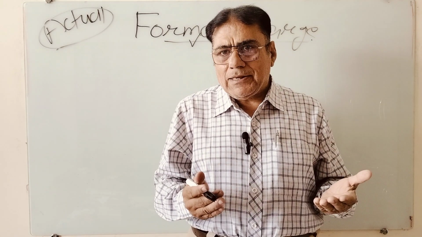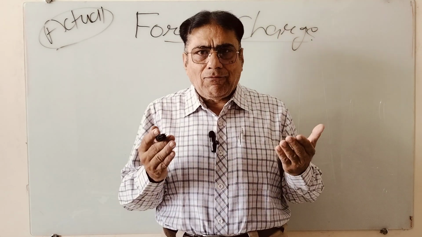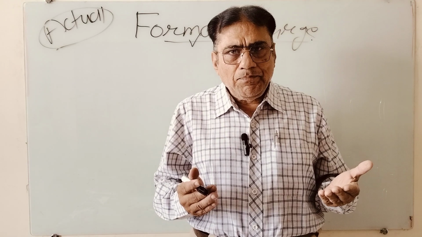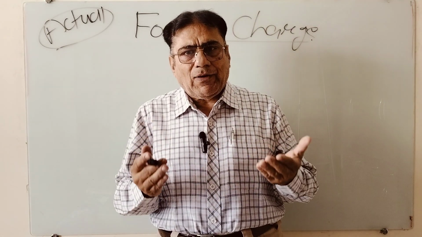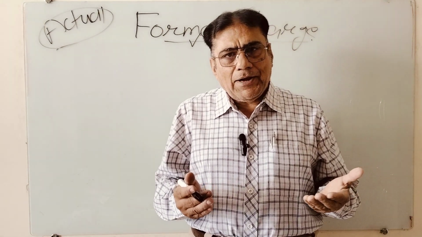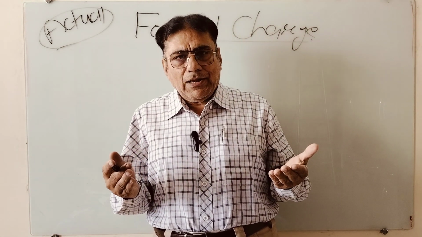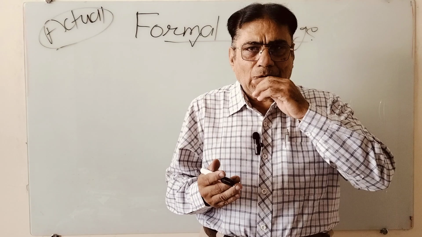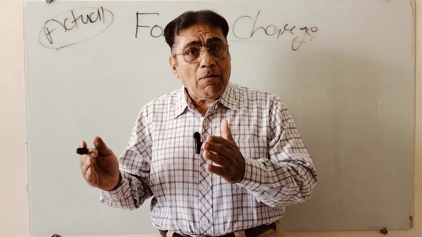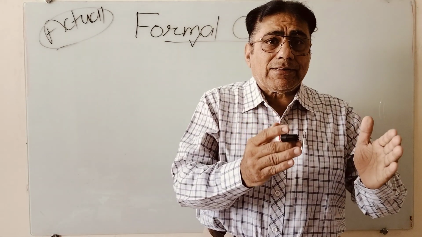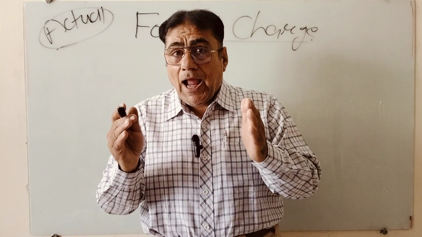So what is formal charge? Difference between the valency electron of any element. Suppose an independent element, sulfur has 6, nitrogen has 5, carbon has 4. So these are valency electrons, minus the number of electrons assigned to that atom,